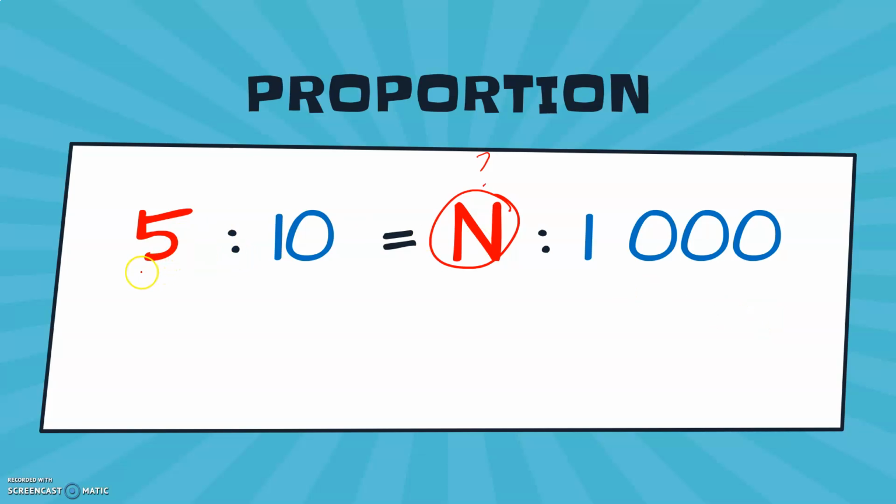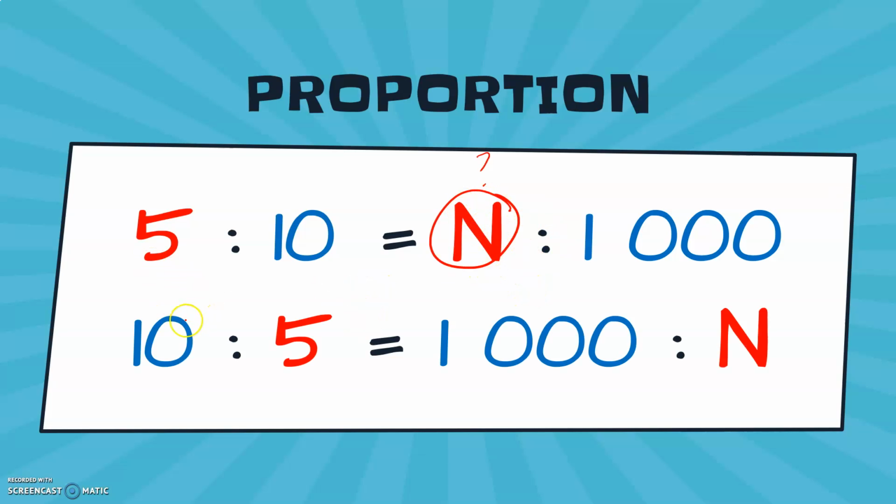Now be very careful in writing your proportion. If you wrote boys first in the first ratio, you should also write first the boys in your second ratio. Now, if you want to write first the girls, just make sure that in your first ratio, you will write first the girls before the boys, and in your second ratio, we'll also write first the girls before the boys. In computing for the value of n, you may use either of the 2 proportions here. Now, how will we compute for the value of n?